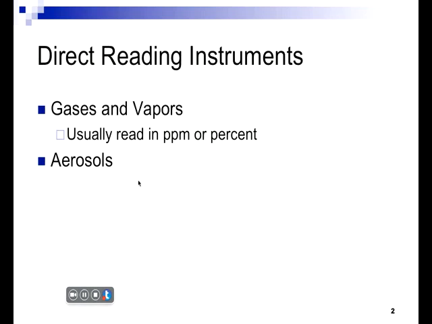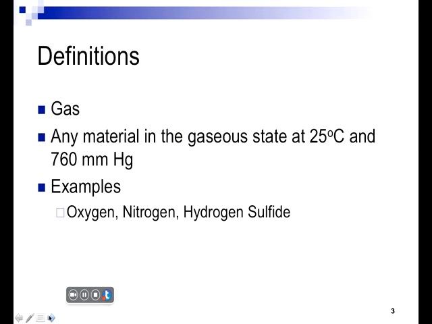You can automatically translate that to parts per million pretty readily and then compare them to any type of recommendation or regulation that you may have. And then there are some direct reading instruments for aerosols. They're not quite as commonly used, and the data isn't quite as good from direct reading aerosol instruments, but they're out there and they do have some applications as well. So the first part, I want to go through direct reading instruments for gases and vapors, and a little bit on aerosols. Now the first thing to know is what it is we're measuring,